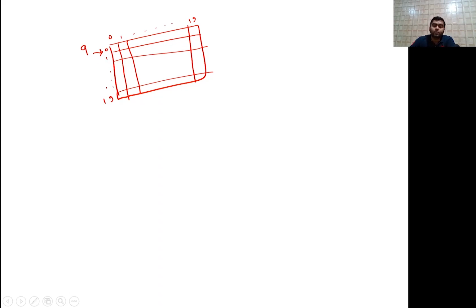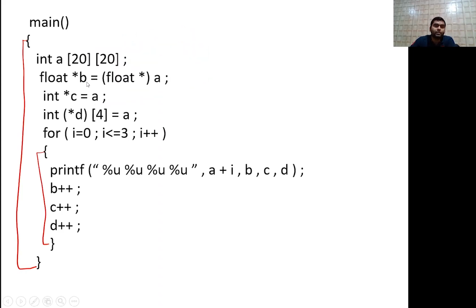Now what is the impact of our second statement? It is a float b. Now observe very carefully. This is saying float star b. So it is a pointer, b is a pointer. So firstly, what is a? A is a 20 by 20 array. So we are changing the array into float, and it is pointed to by b.